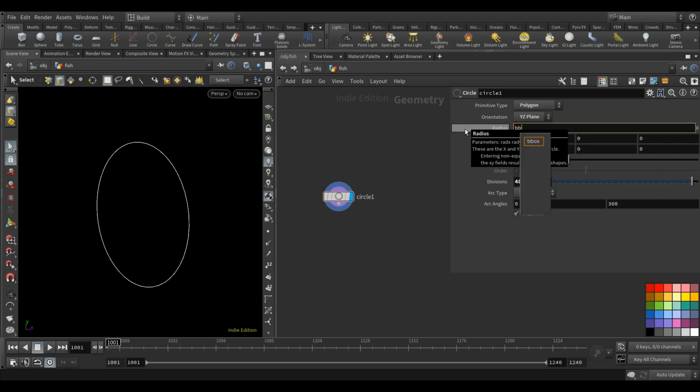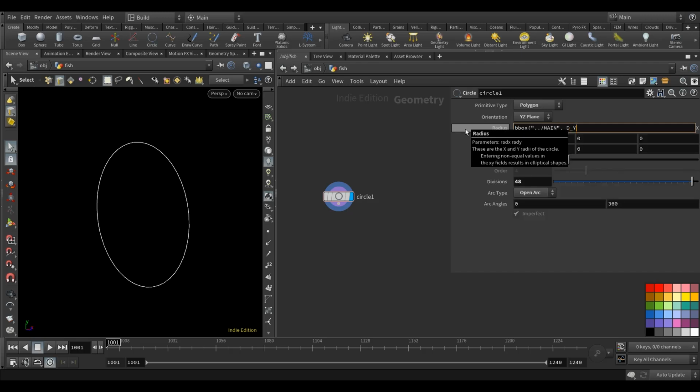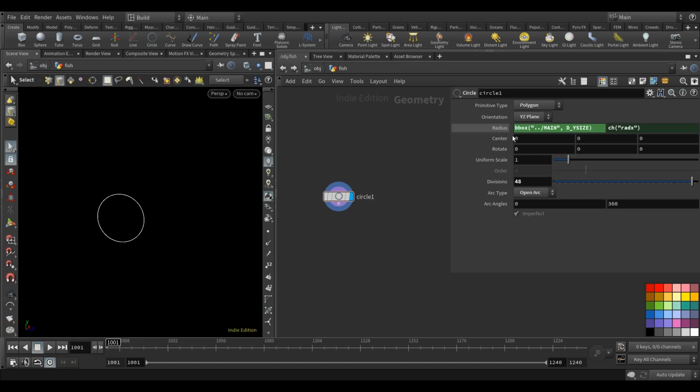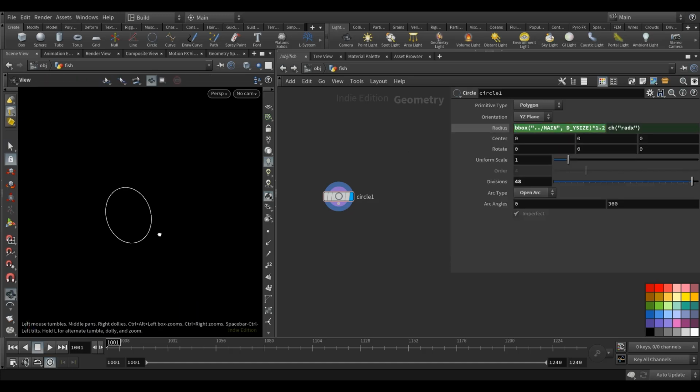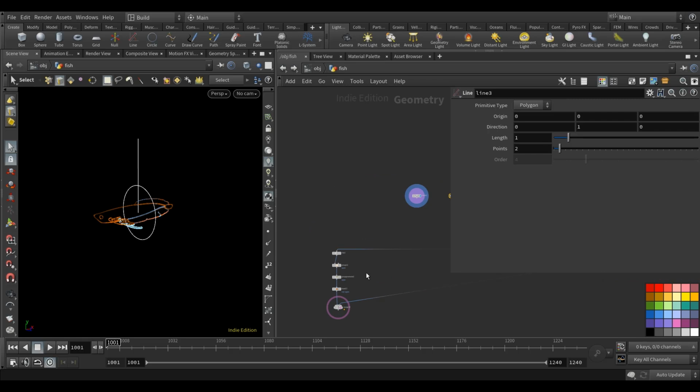So the size we're gonna do, let's do a bbox, main, d underscore Y size. So this is gonna grab the fish's height and use that as a radius. So let's just use that to multiply 1.2. So just have some buffer area. And then let's make a line here. So the fish is here, and so the line, let's do an x direction. So 1, 0, 0. And then